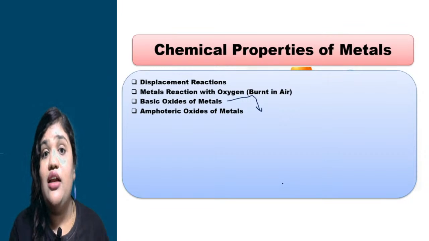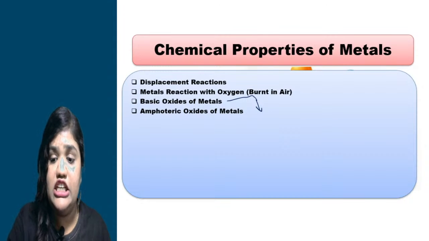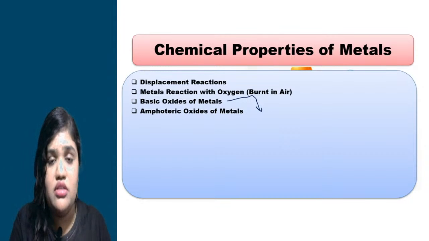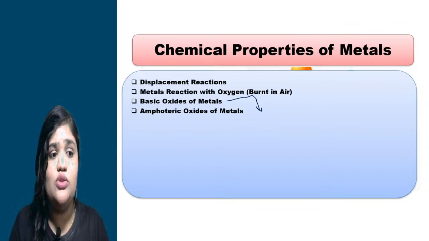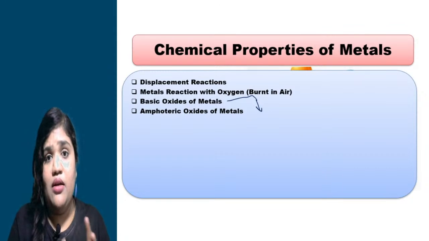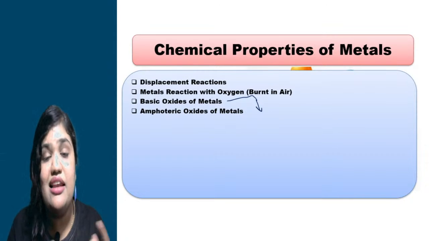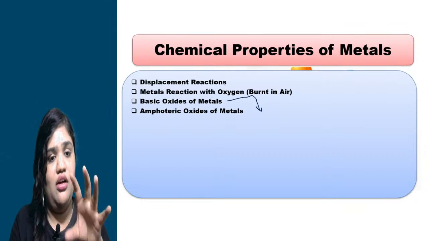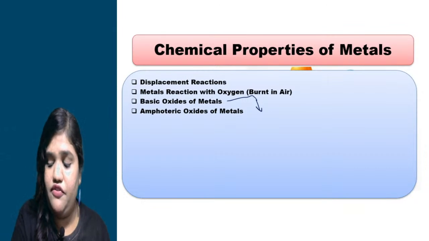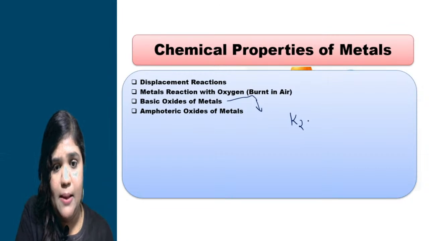Generally, how do basic oxides form? Students, when we dissolve a metal oxide in water, there is a formation of alkali, and this kind of reaction is known as a basic oxide. Basically they get converted into alkali. Alkali means what? Base. Can we take one example to learn this concept? Yes, definitely. I will give you one example.